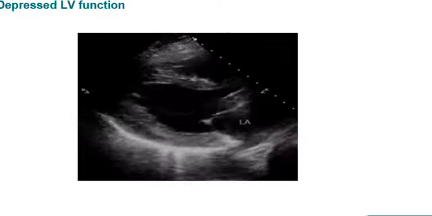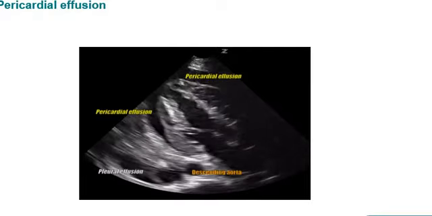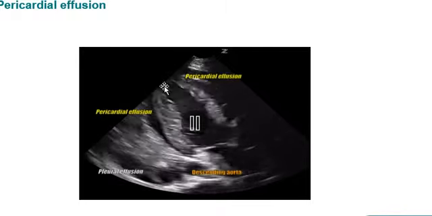And here also we can see a jerking movement of the ventricle inside a cavity. So this is the cavity, and this is a fluid cavity. This is the left ventricle, and outside the left ventricle there is fluid, and there is a jerky movement as if the heart is churning in a cavity filled with fluid. So this is a sign of pericardial effusion.